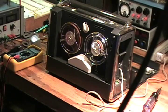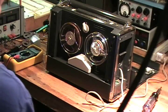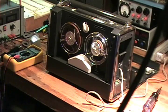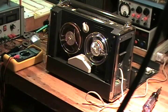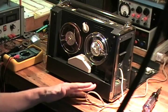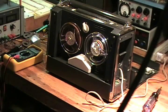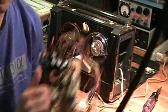Here's a Grundig TK6. You may have seen in the unboxing video that I just couldn't get the machine to start. Turned out it was a blown fuse. I replaced the fuse. I couldn't find out what the original fuse value was. And I know a 4 amp fuse is probably way too big, but I just found the nearest fuse I could find, which I salvaged off this old computer power supply board,